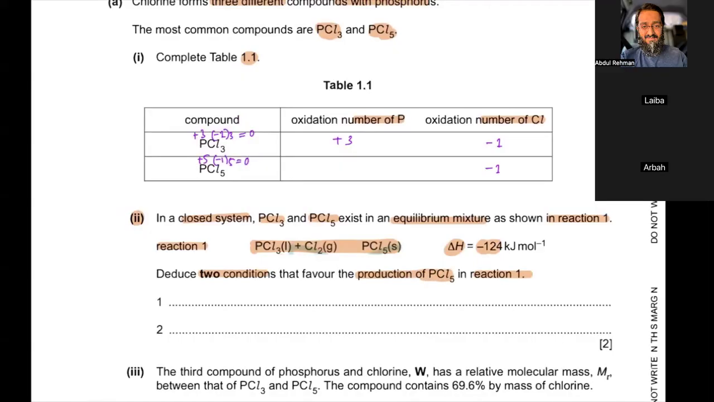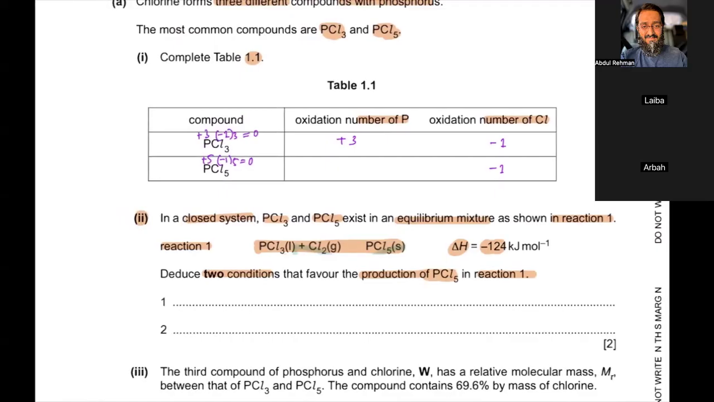So one condition would be lower temperature, because lowering the temperature shifts the equilibrium towards the exothermic side, and higher temperature shifts the equilibrium towards the endothermic side. So the forward reaction is exothermic. It means we are going to lower the temperature. Further,